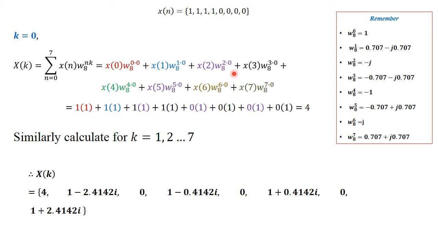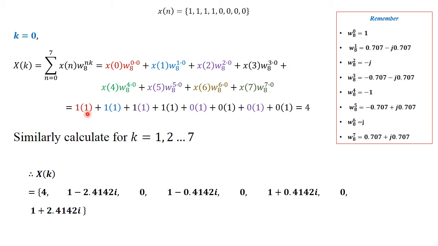Now let us make substitution to all of this. So x of 0 to x of 7 are known values that are given in the data. Twiddle factor value we can calculate. In this particular case 0 into 0 is 0, 1 into 0 is 0. Therefore all these twiddle factors will become omega 8 power 0, that is always equal to 1. That is represented over here, which are all represented within the bracket.